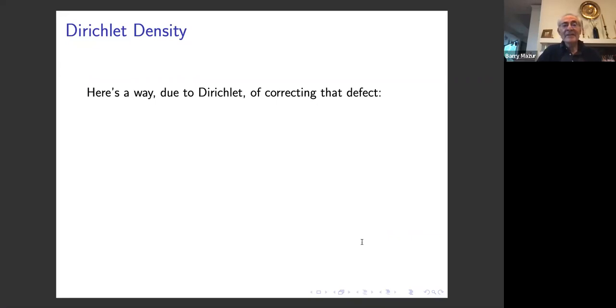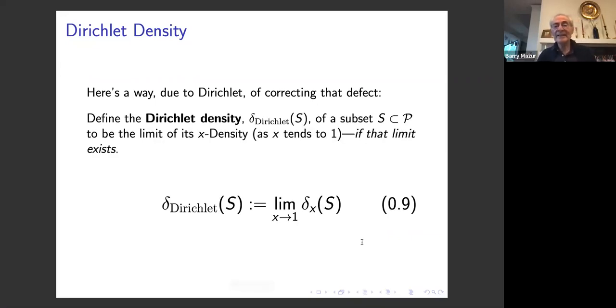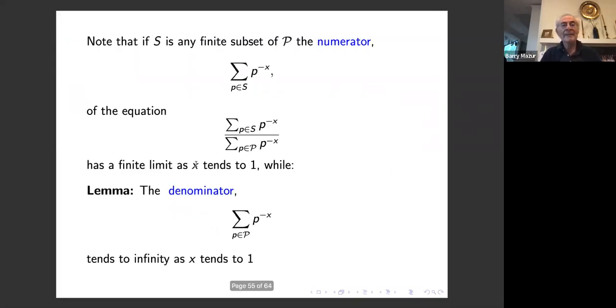We're going to get something called Dirichlet density. You define the Dirichlet density of any subset to be the limit of its x density as x tends to 1. So Dirichlet density is the limit of delta x of S as x tends to 1, if that limit exists. So you notice that if S is any finite subset of primes, this numerator